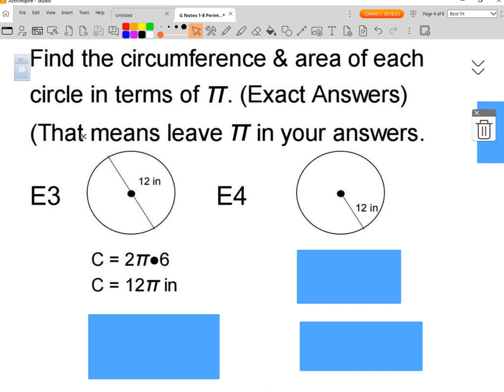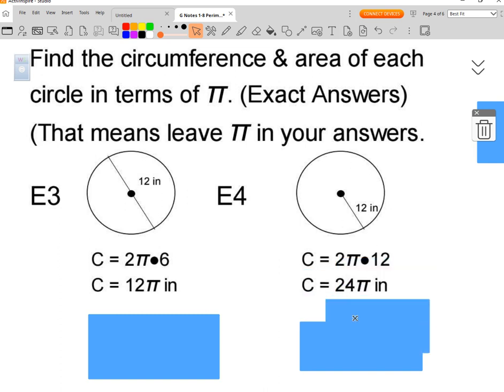This is the diameter. We can use 2 times the radius, or we can use just the diameter, and if we do, there's no work for this particular problem. You'll notice circumference, remember, the distance around, it's inches, not inches squared. If we're using the radius here, that's when I would suggest you use the 2 pi r. You can see 2 times pi times the radius, and so the exact circumference of this circle is 24 pi